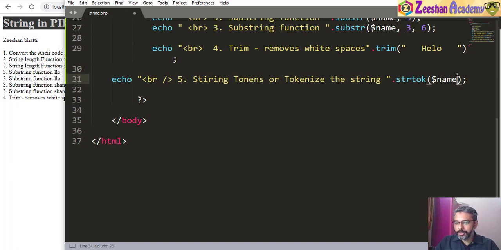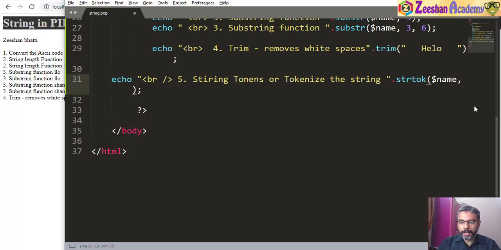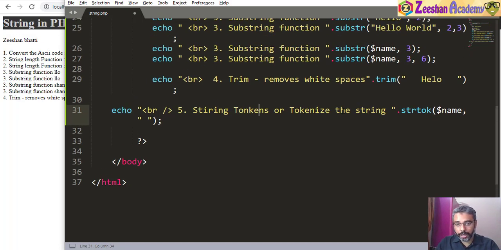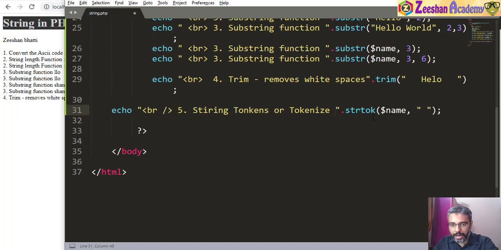this. So strtok, space and comma, and then we need to specify how it should create the tokens. So in this case, for example, we can specify the quotation space marks. Now let me just reduce this screen. So I write tokens or tokenize. Let me just remove this so that I want it to be on one line. Here we go. So strtok, or basically the string tokenization method, does is that it takes a string, then it